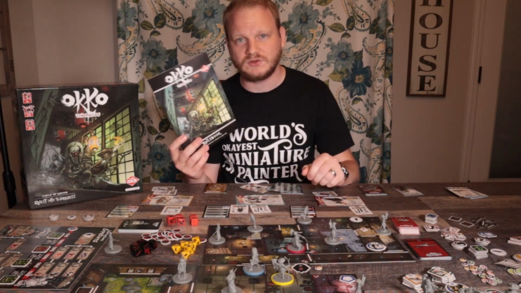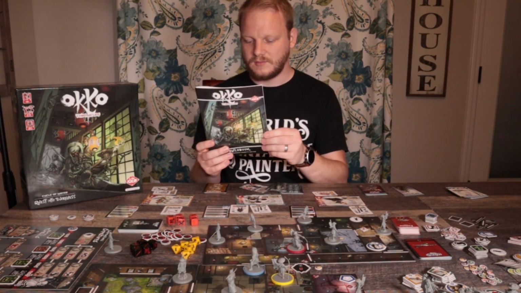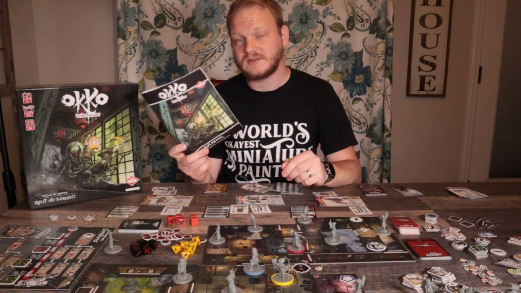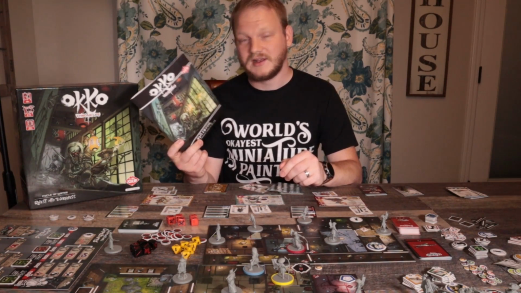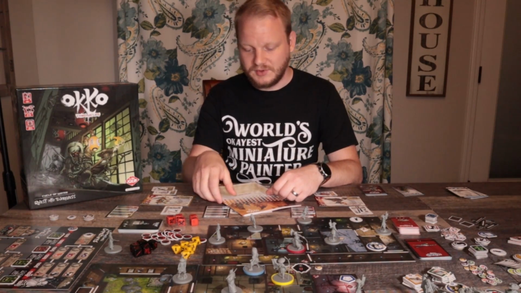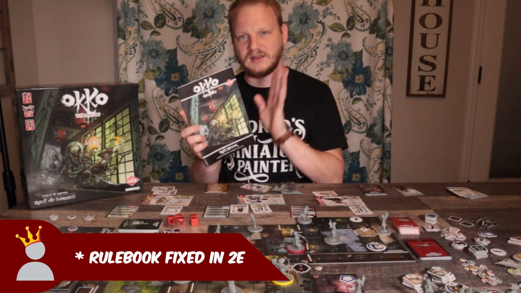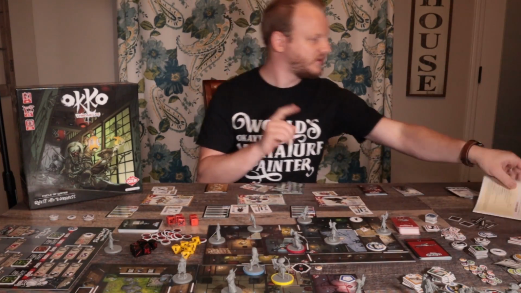Now there is a PDF, so you can always search through it that way, which is kind of nice. But honestly, without an index and without a table of contents, this rule book is a loser, in my book. However, they will be redoing this. They will be adding a lot of stuff because